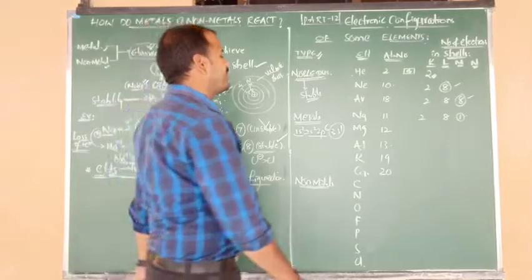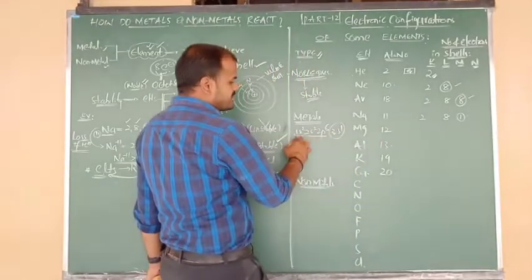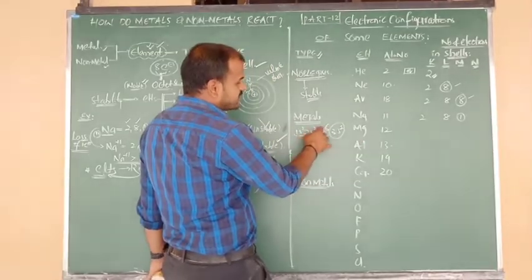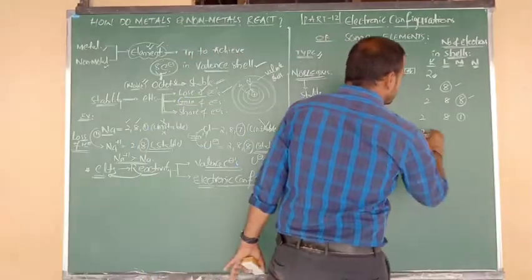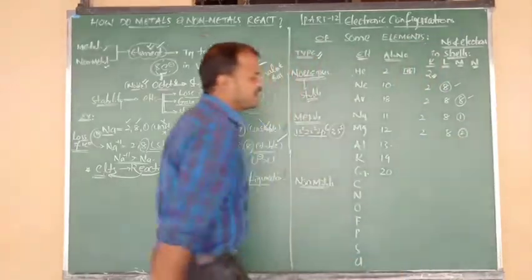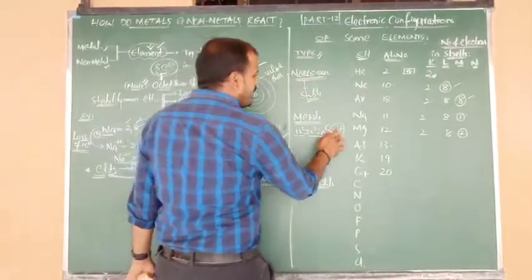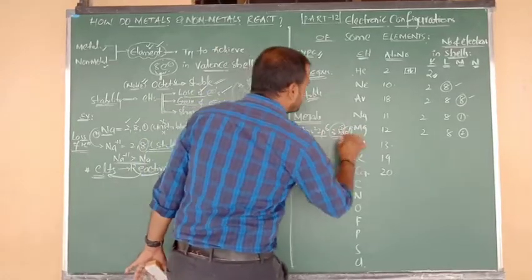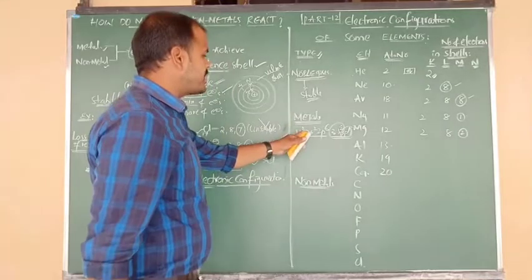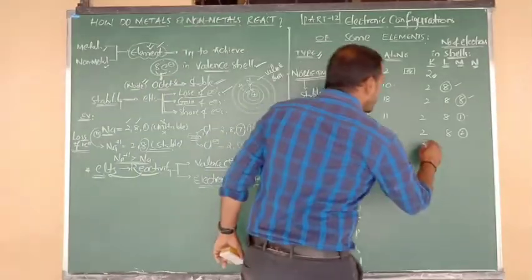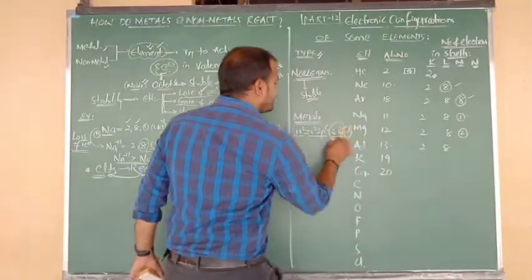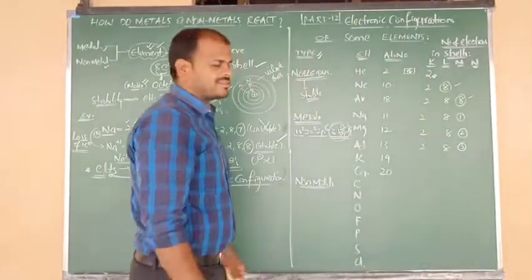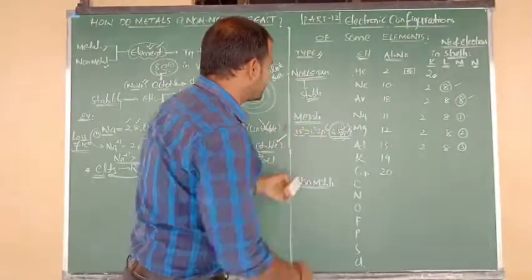Okay? Good. Magnesium. So 12 means 1s2, 2s2, 2p6. Now we have to write 3s2. So again 2 electrons, 8 electrons, 2 electrons. 2, 8, 2. The outermost contains 2 electrons. Next one is aluminium. Again, what can we write here? 3s2 and 3p1, in the third orbit. First orbit contains 2, second orbit contains 8, 2 comma 8. And the third orbit contains 3s2, 3p1. 2 plus 1 is what? 3. So valence electrons are 3. Okay, right. Next, let us continue.